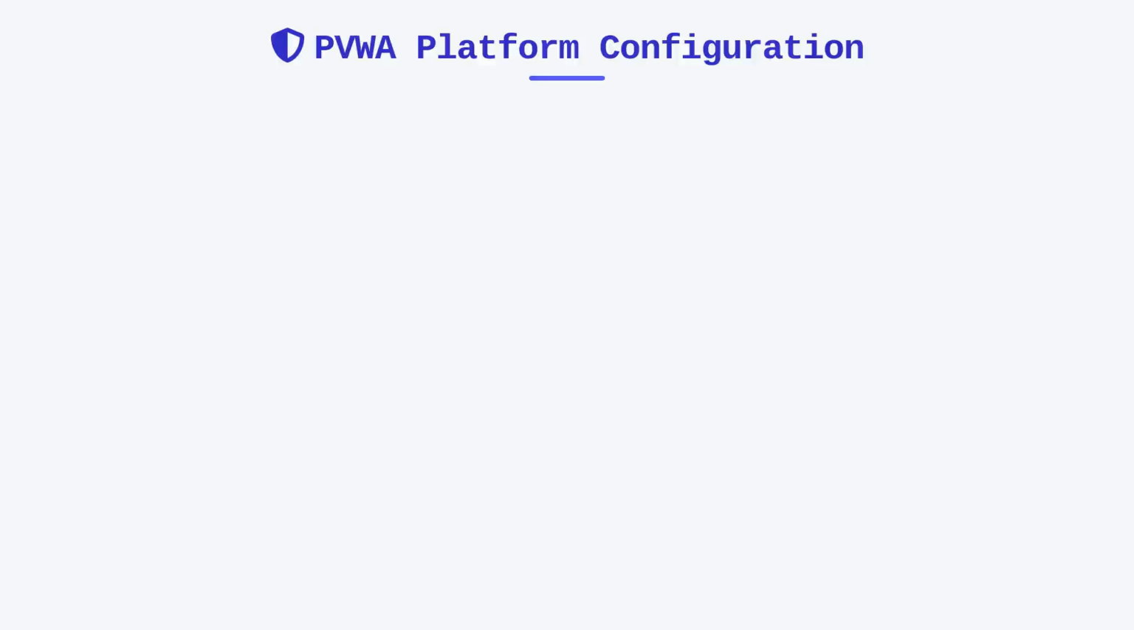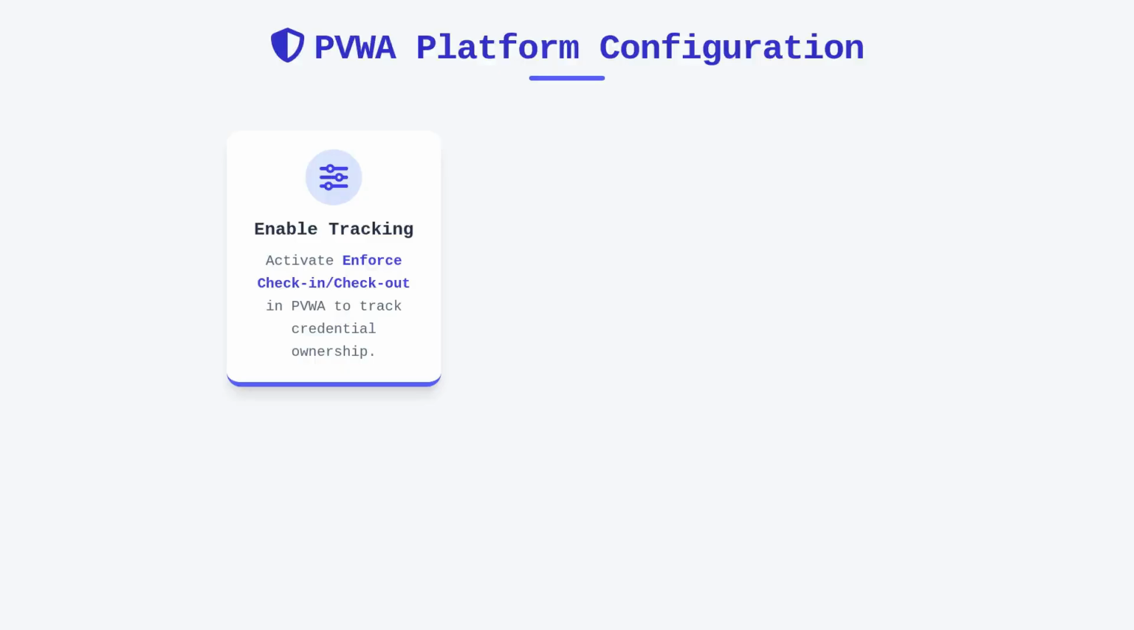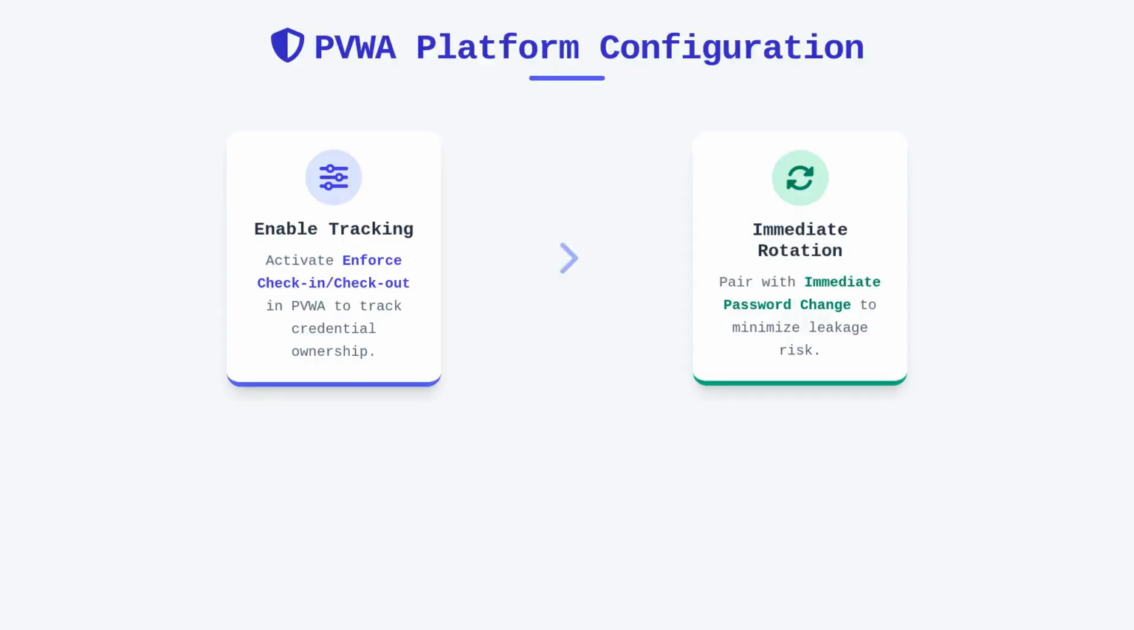Configuring this behavior requires a precise understanding of the platform settings within the PVWA. You must navigate to the specific platform and enable the enforced check-in/checkout setting, which essentially tells the system to track ownership of that credential object in the vault. If you pair this with immediate password rotation, you are essentially reducing the risk of credential leakage to the absolute